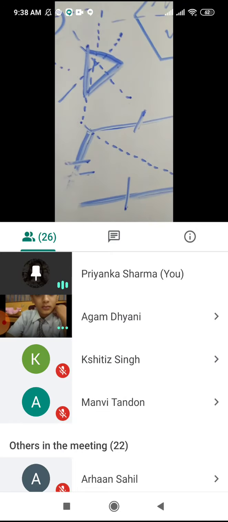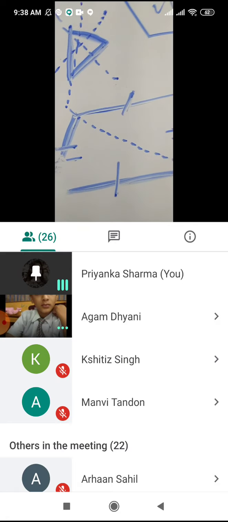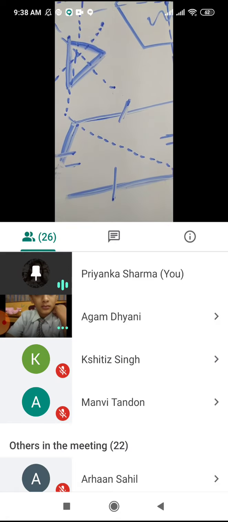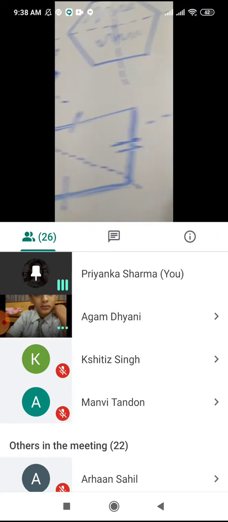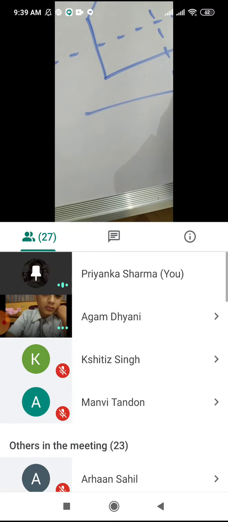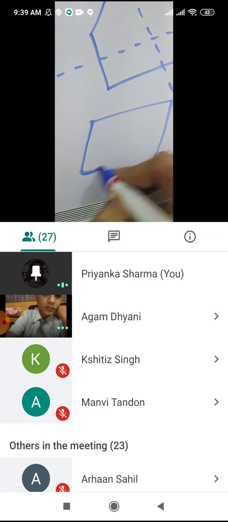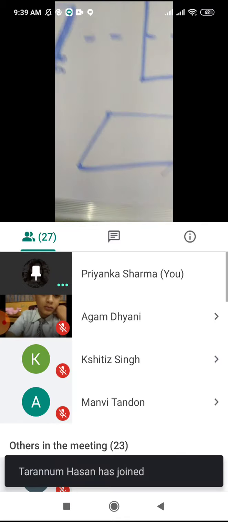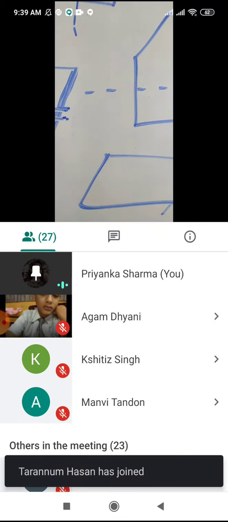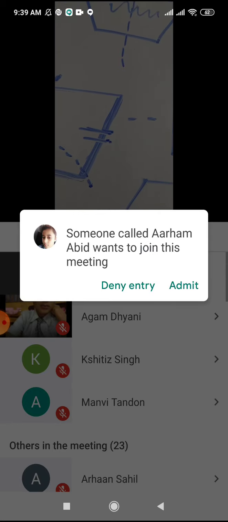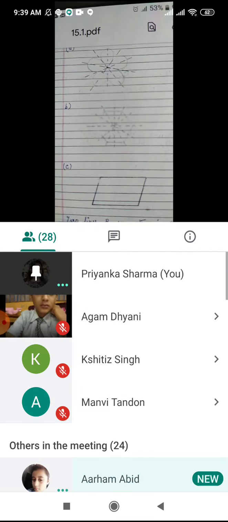So in the third question, that is option number C, a parallelogram is written there. We will draw a parallelogram in the copy and then we will write zero line of symmetry in a parallelogram. I'll show you here also. See,